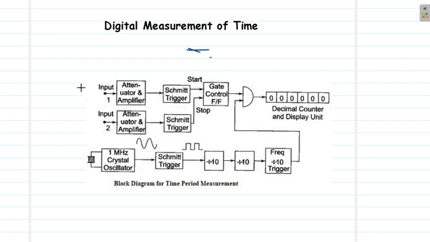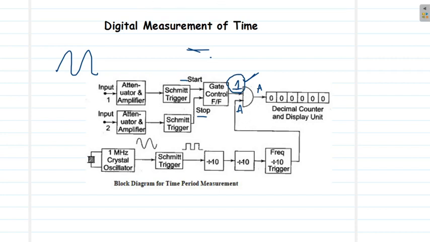Suppose we want to measure the time period corresponding to a particular signal, then that signal will be used to start and stop a gate control. So you can see here the basic working mechanism of an AND gate, which will be opened only if we supply one as one of its inputs. If we are providing 1 to this input, and the other input is A, then 1 into A is A. So as long as we feed in one input here, the signal will be able to pass through.